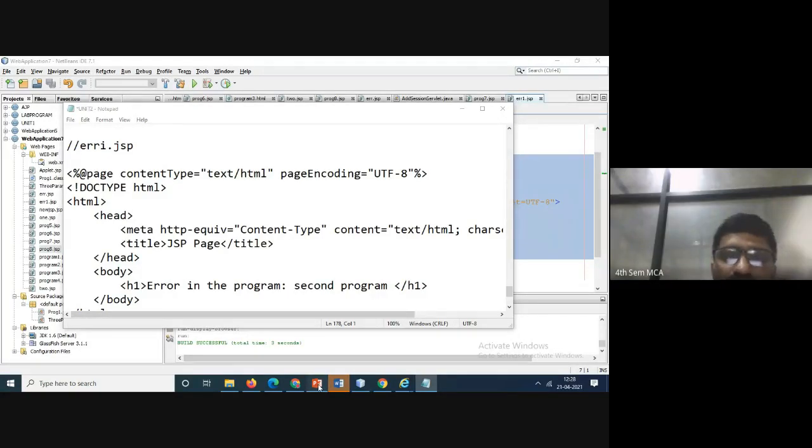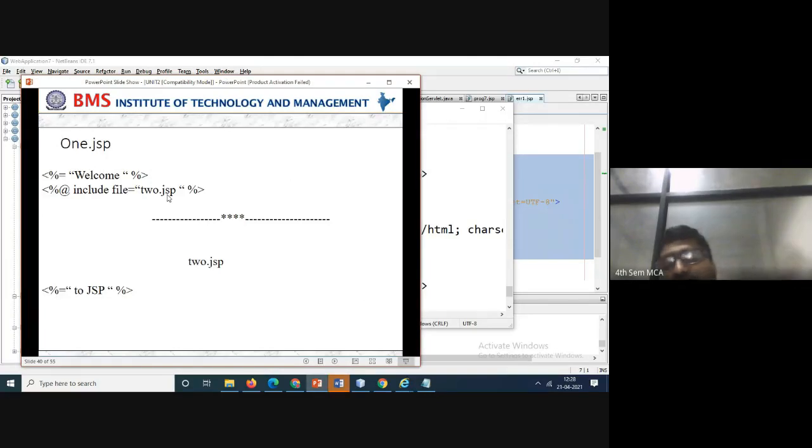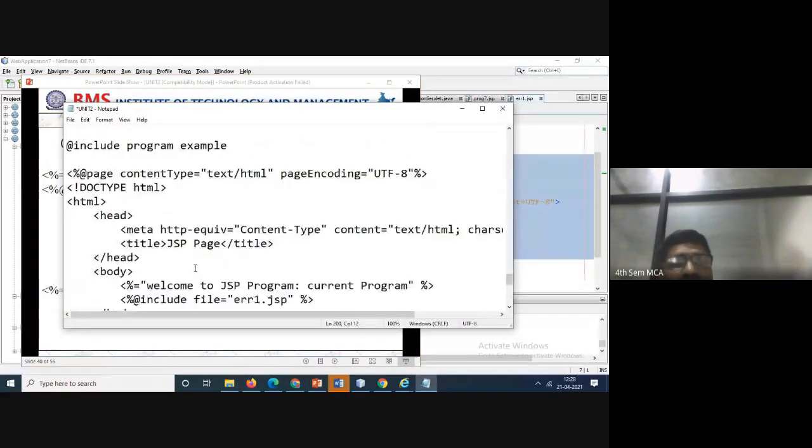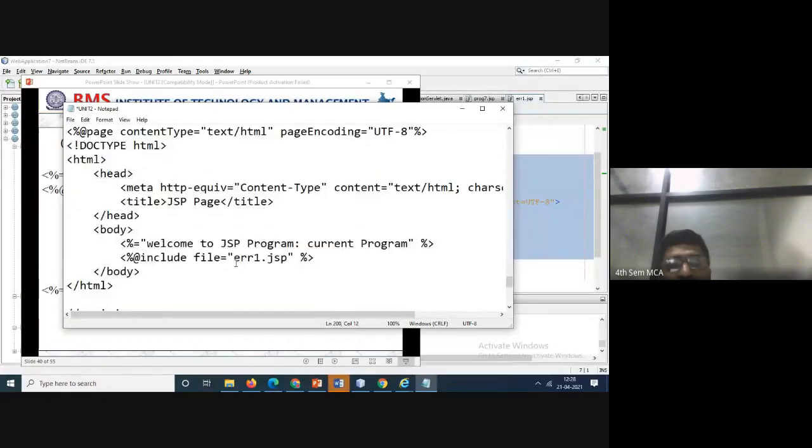See, mine is just one example, because the textbook has taken many bigger program examples. Now what I am telling is hash include. Suppose they ask you to write the hash include file, different versions of how to write it: just write this syntax and give one example. This one example is sufficient. Here you can write your own explanation. Here I have included the file called error messages. Here you write the comment lines and write it.